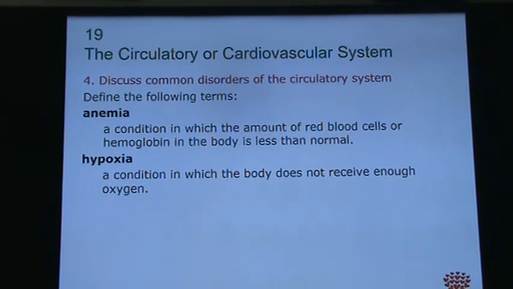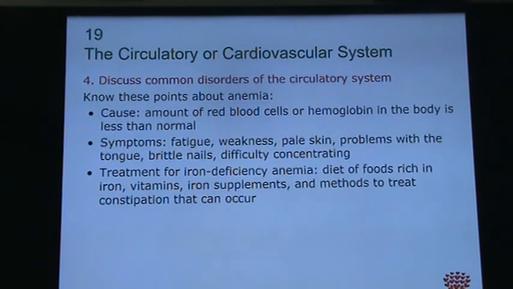Hypoxia is a condition in which the body does not receive enough oxygen. Okay, what causes anemia? Again, red blood cells are less than normal required for the body and so on. So that's the end of your